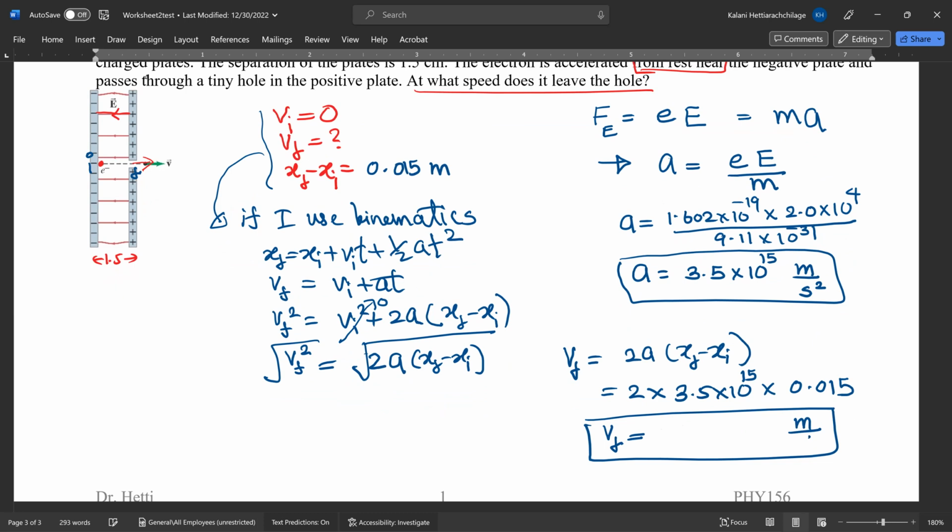The units are meters per second. What I have is 1.03 times 10 to the power 7. Okay, so that's it for the worksheet number